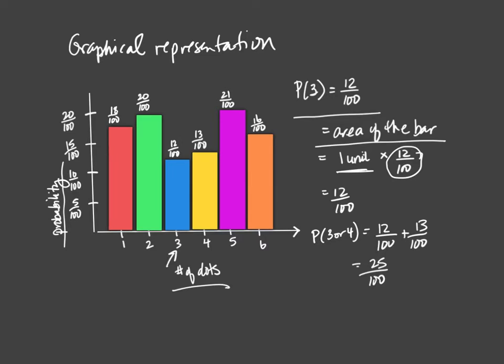And if I wanted to calculate the probability of rolling a 3 or a 4, then I would add the areas of those two rectangles together, or add their probabilities together, to get a 25% chance of rolling a 3 or a 4. Or those two bars make up 25% of the total area of all the bars. That's if we have a discrete set of outcomes. 1 is very distinct from 2, there's nothing in between.